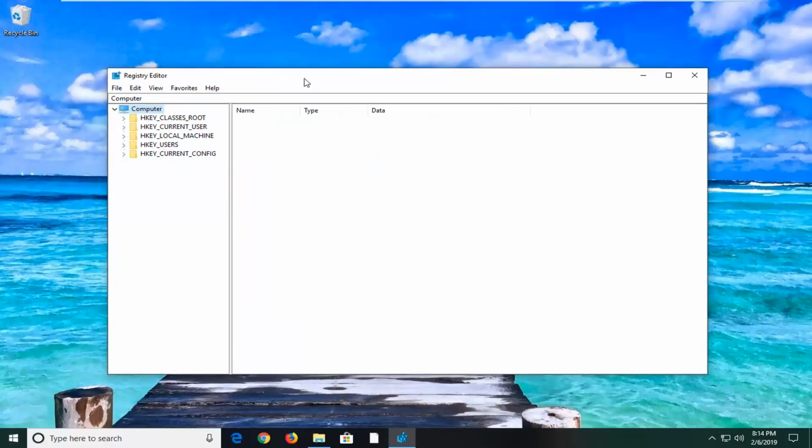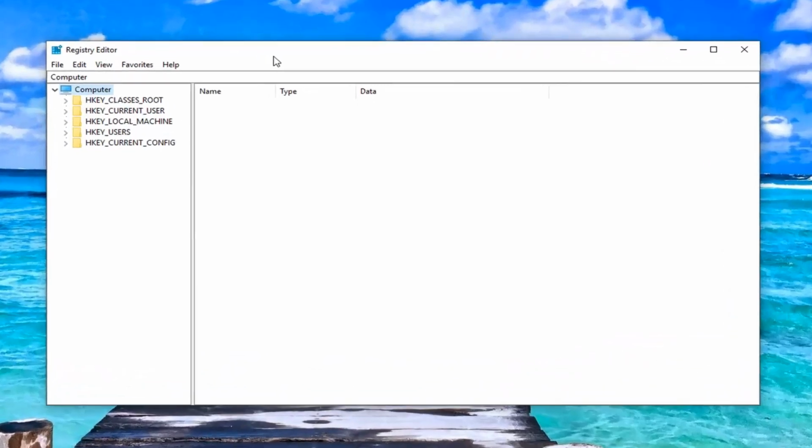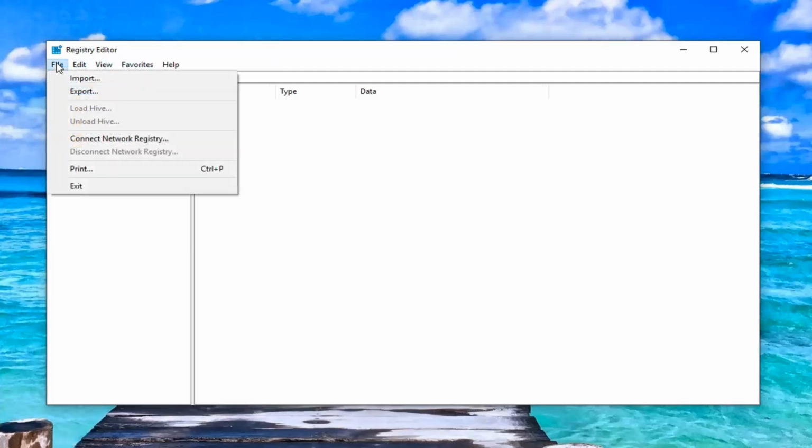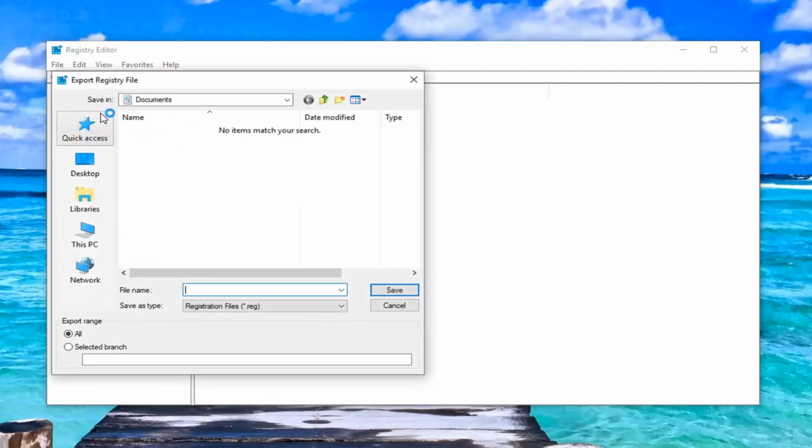Now before you proceed in the Registry Editor, I would highly suggest you create a backup of it. In order to do that, it's very simple. You would just left click on the File tab up at the top left, click on Export. Save the file name, preferably as something you'll be able to easily recognize, like the date in which you're making